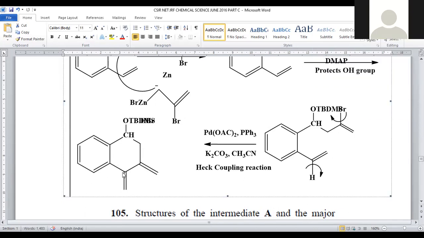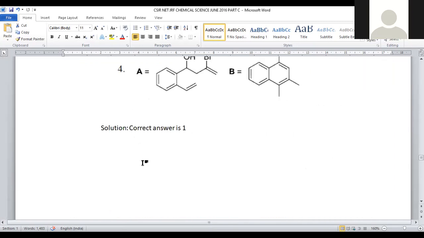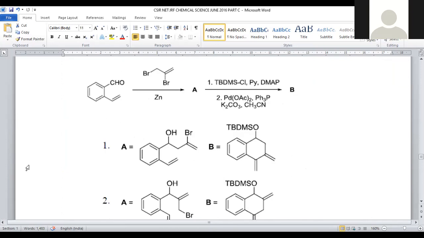So finally we got a double bond, and here OTBDMS on this carbon will be there. We are not going to deprotect this OH because nothing else is given here, no fluoro compound is given that is used to deprotect, so deprotection is not possible. That's why TBDMSO remains as such. So in option number 1, the whole reaction sequence was given.